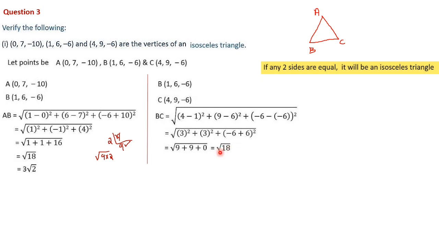So of course here you can stop, because here also we have got a root of 18. No need of further calculation. So two sides are equal. So AB and BC are equal. Two sides are equal means then and there you can stop. It's not necessary to go to the third side, because we need to verify whether it is an isosceles triangle or not. Once two sides are equal, we can stop. Even we don't need to simplify it, because root 18 we have got before also. So since AB is equal to BC, two sides are equal, therefore ABC is an isosceles triangle. This is the verification.